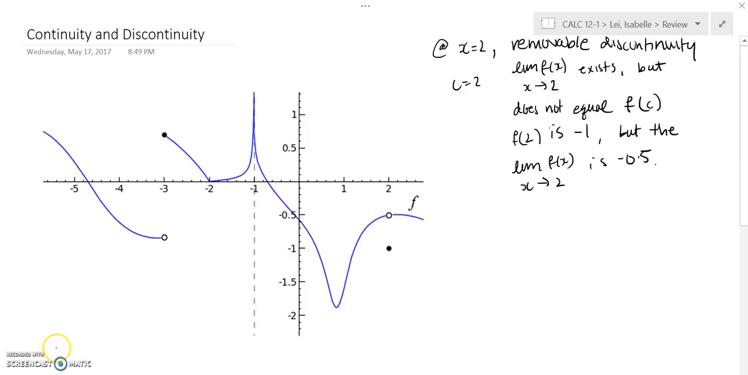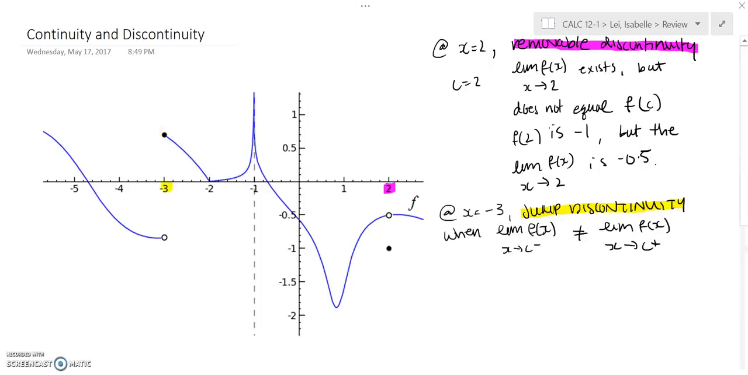Another discontinuity that is similar to removable discontinuity and is often mixed up with it is jump discontinuity, which occurs here at x equals -3. Jump discontinuity occurs when the limit of f of x from the left side does not equal the limit of f of x from the right side. So here the limit of f of x from the left side is not definable, but the limit of f of x from the right side is 0.7, and we can't